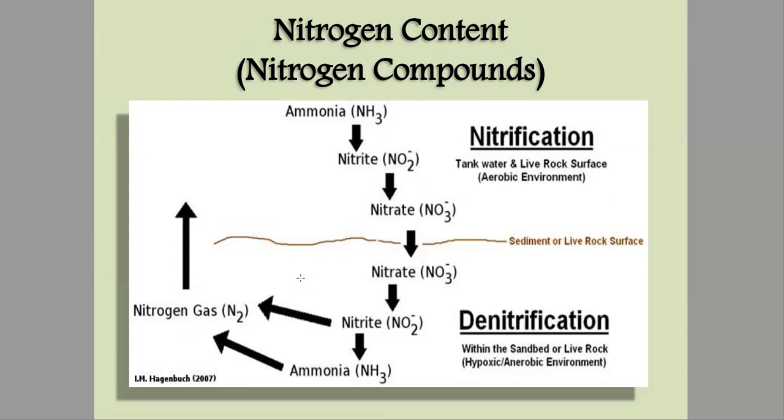What is nitrification and what is denitrification? When nitrate gets added, that is nitrification. And when nitrogen gas is released, that is denitrification. Here you can see with the diagram what denitrification is: when nitrite and ammonia release nitrogen gas. Similarly, when ammonia, nitrite and nitrate settle down, that is nitrification, which is the reverse process.